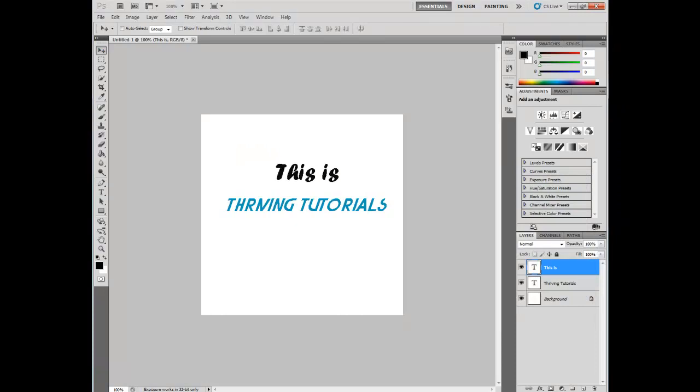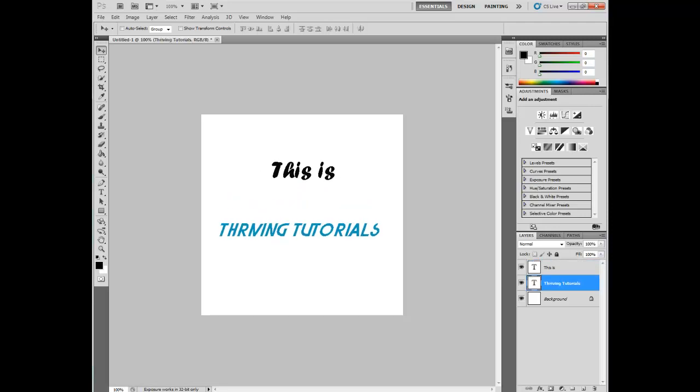Right, this is ThrivingTutorials. So this layer is covering where it says this is, and this layer is covering ThrivingTutorials. So if you want to move this is, you're going to click on this layer and move it around. As you can see, you can't move the other one because it's covered in a different layer. So if you'd like to move ThrivingTutorials, you just click on that layer, and you can move it all around